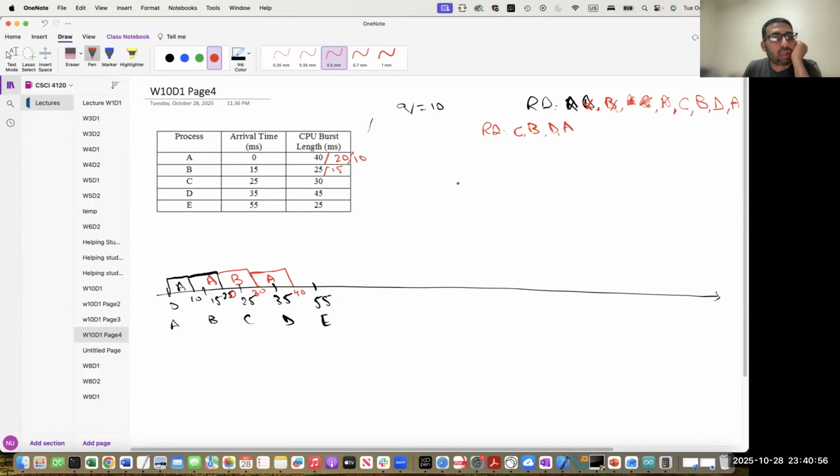C, B, D, A, right? So now at 40, we pick the one at the head, which is C, and allow it to run for 10 time units. So I'm writing here 50, right? 20 time units are left for C, and then C is put at the back, right? And then we pick the one at the front, which is B, and allow it to run for 10 time units. So 40 plus 10,